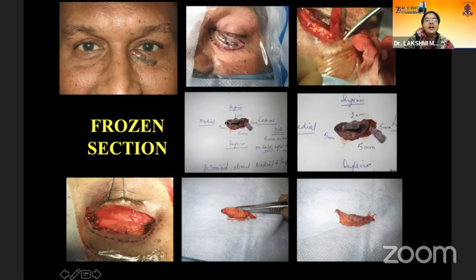This was a basal cell carcinoma, with very typical rolled out edges, pearly edges, and central ulceration. And sometimes if the pathologist is your friend or your mentor like JB sir, you can write, I'm worried about the medial and inferior margin. JB sir usually wanted us to pin them with needles like this and send it across for medial and lateral, because that was very easy for him to process. He used to be so excited and he used to immediately tell us what was happening.